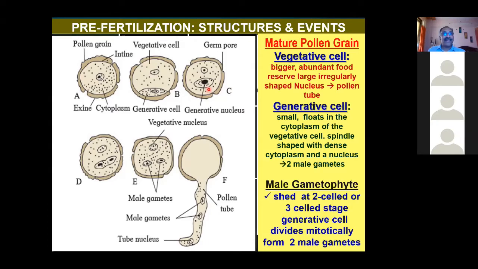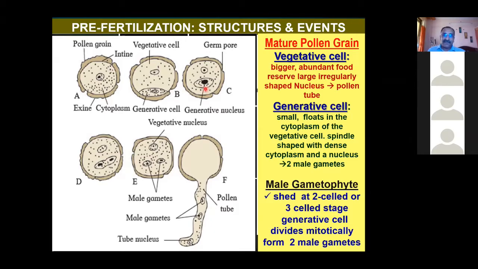Now you tell me, pollen grain is haploid. So the generative nucleus is one of the contents of pollen grain. The generative nucleus will be diploid or haploid? Yes, the generative nucleus is haploid. All of you please listen properly. The pollen grain is haploid, and so the vegetative cell is haploid. The vegetative nucleus is haploid. The generative nucleus is haploid. Anything that is there in the pollen grain is haploid because pollen grain is haploid.